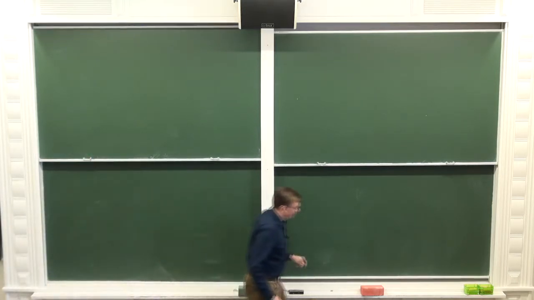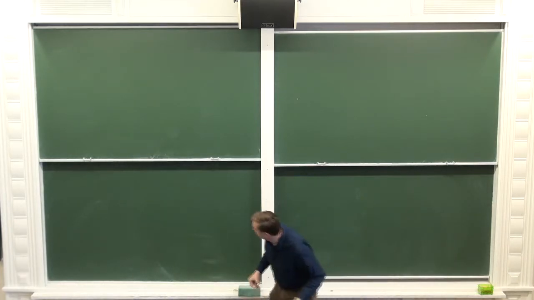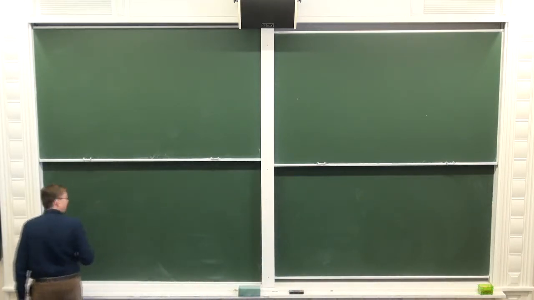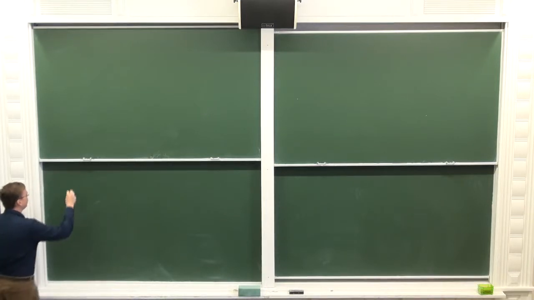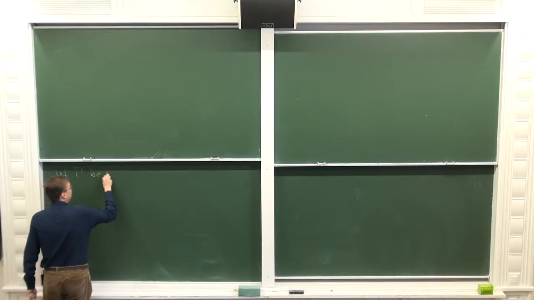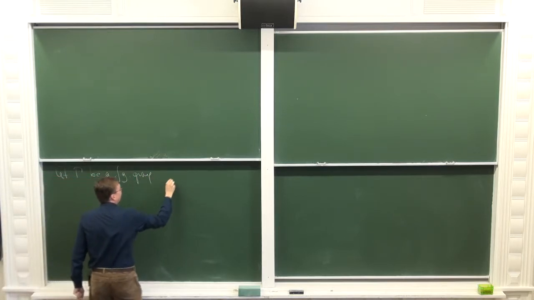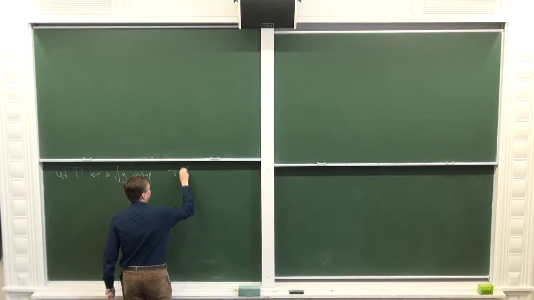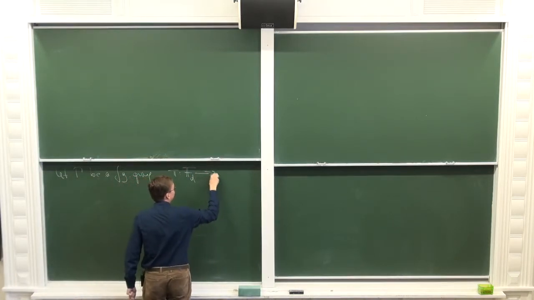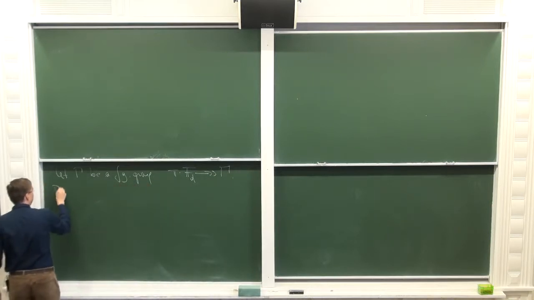So I want to start by recording the definition of a sofic group that we have seen last time, or actually maybe already in the first talk. So let gamma be a finitely generated group, and let's pick a surjection from the free group on D generators onto gamma. Then I said that gamma is sofic